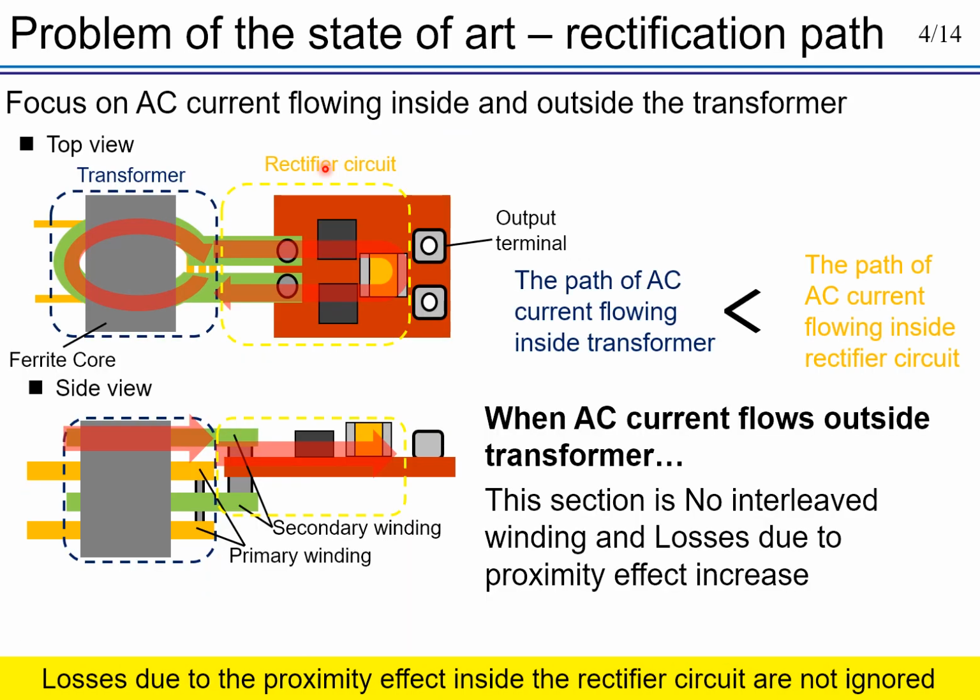So until now, circuit topology and transformer have been focused on separately for this requirement, but that is wrong for this application. This structure is a converter without the primary inverter, in top and side view. This blue section is the transformer, which has a ferrite core and interleaved winding. This yellow section is the rectifier circuit, which has switching devices and a decoupling capacitor